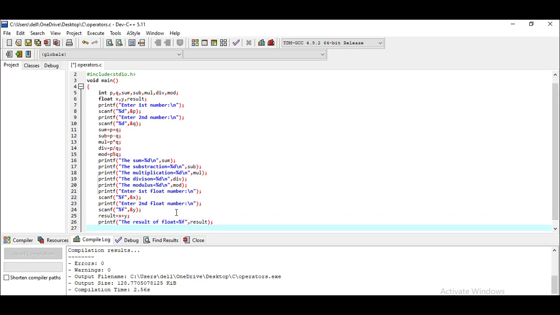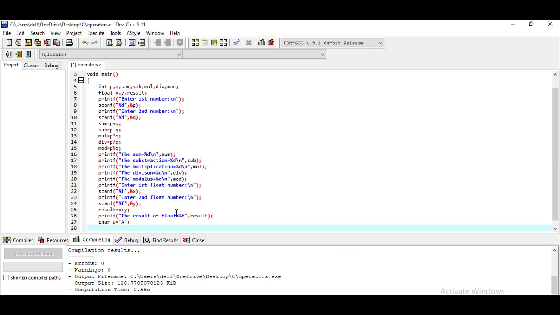So what I'm doing, I'm declaring one more variable here, say char, and to this variable I'm giving the name, say, a, and to this variable I'm assigning the value, say, capital A. Okay, so what I have done here, I have declared a variable of type character and the name given to the variable is small a, and to that variable I have assigned a value that is capital A. So when we have to assign a value to a character variable, this has to be assigned within single quotes.